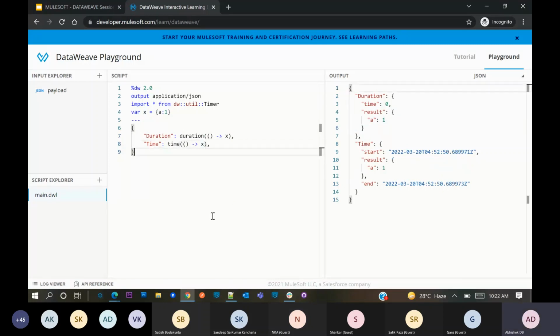Any other question, guys? So, Abhishek, the duration function is giving, in the output section, whatever we are giving to execute and print that one, whatever the time it is